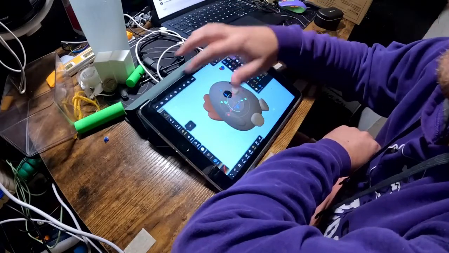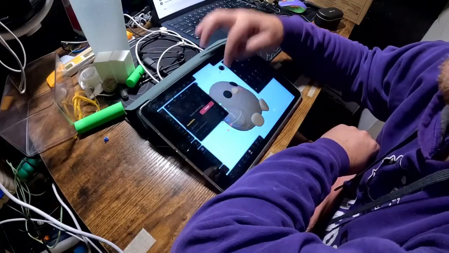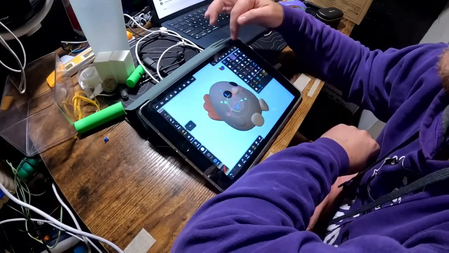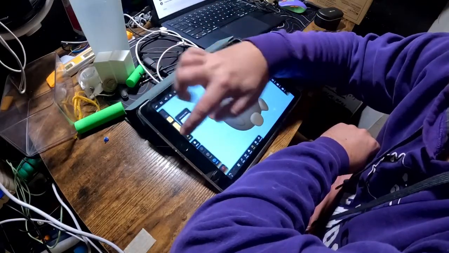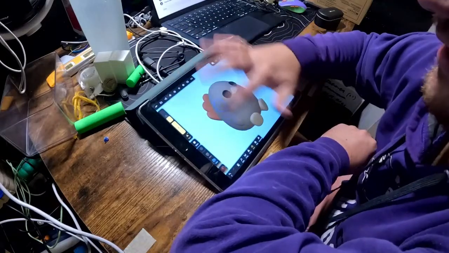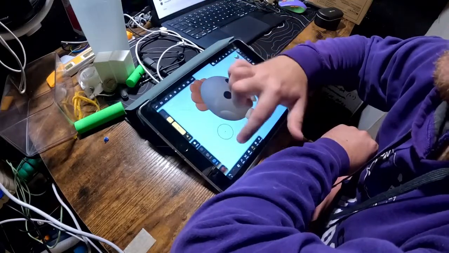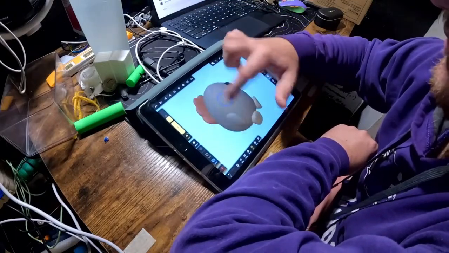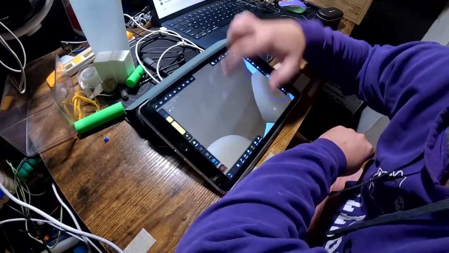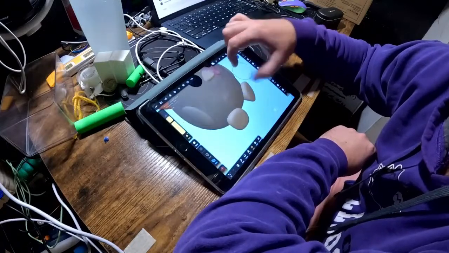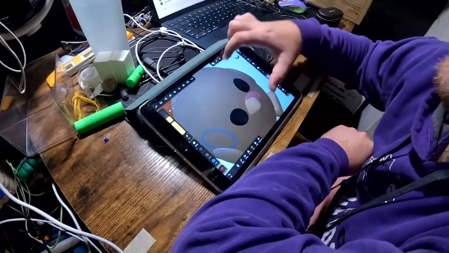Alright, so we're gonna hop into here, we're gonna remesh it, and we're gonna go, let's just do 200, keep it fairly simple. We're gonna smooth, and we're gonna bring our tool up, and we're gonna make it a lot stronger, and we're just gonna start smoothing things out here. Make sure symmetry is enabled. Yep. And just smooth. Basically, we're trying to get rid of all these nice sharp lines to nice smooth roundness.